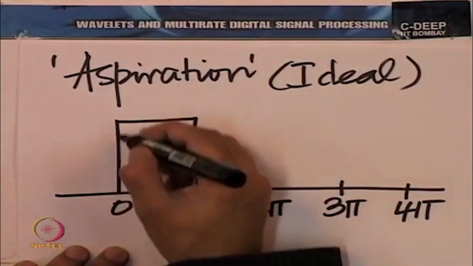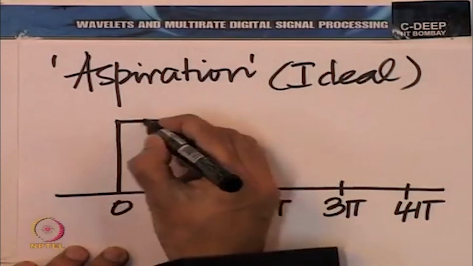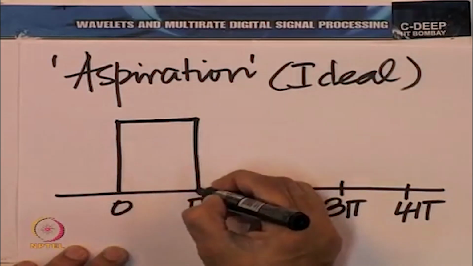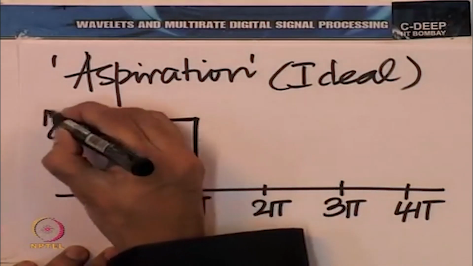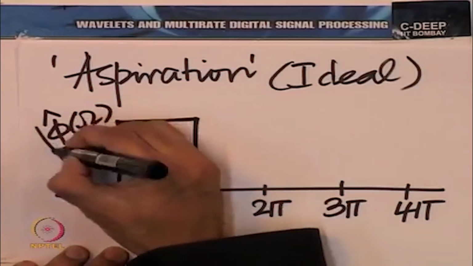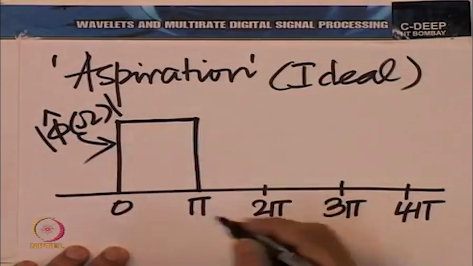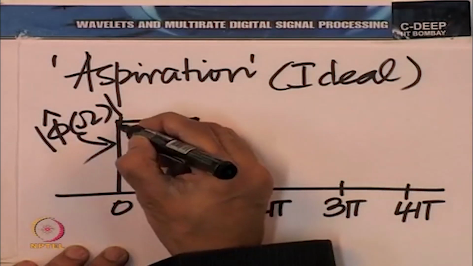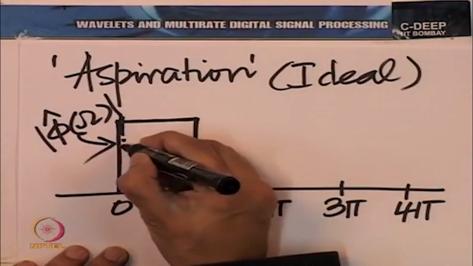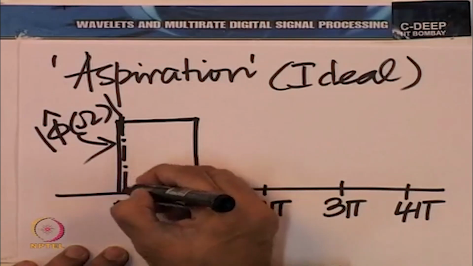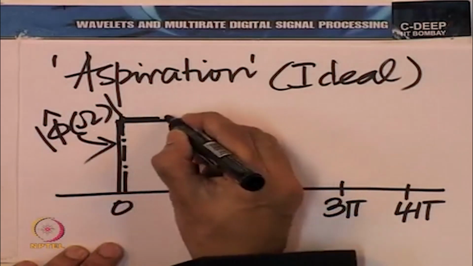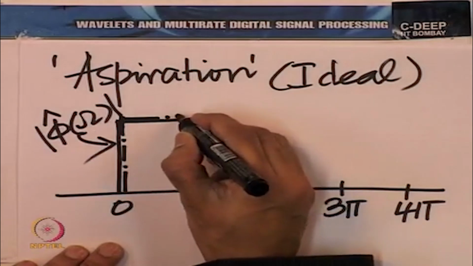This is the aspiration for phi, at least in terms of magnitude. I will show the aspiration for the corresponding phi of omega by 2